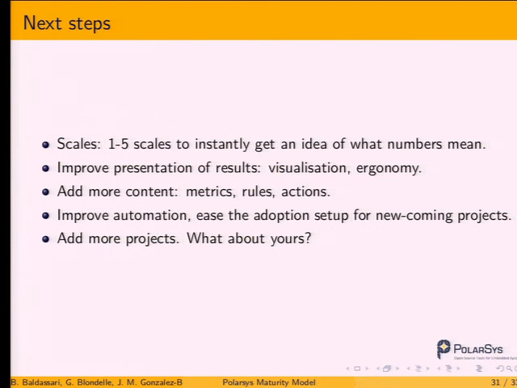And finally, what we want, of course, is to add more projects to the panel. The more projects we have, the more consistent and rich is the analysis, because we can compare to others. So if I'm not good, say for the activity, then I can look at a project which is better than I am on this subject, and so on. And maybe if you have a project, we could add it, so please tell me.